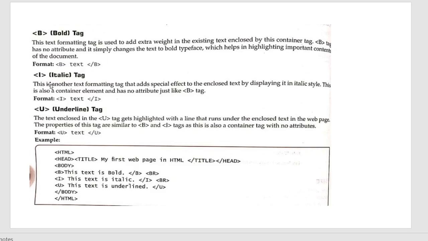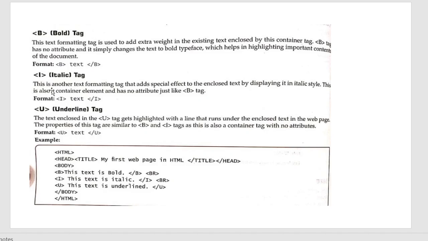I stands for your italic tag. You also do these bold, italic, underline in your MS Word, Excel, PowerPoint, everywhere. And in HTML in your web document, we can also do this formatting. I stands for italic, and I is the name of your tag. Here B is the name of your tag. Here B means your bold tag and I means your italic.